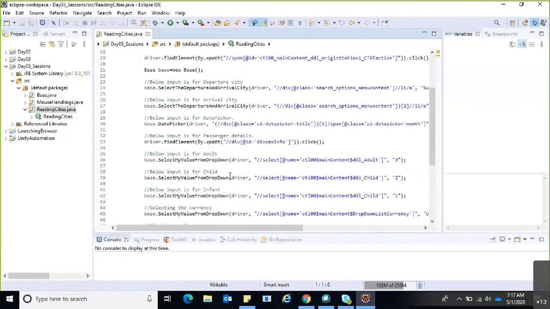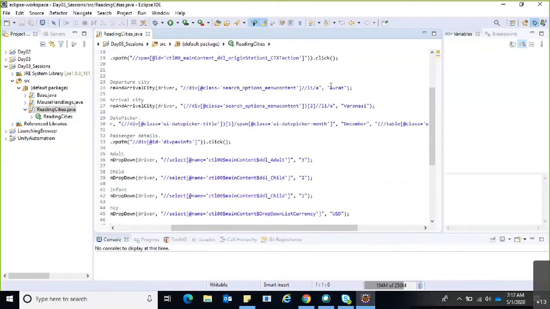Generally, in real time, we are not going to send the details like this. It is not a suggestible method to pass the details in the class file, because whenever we want to change the input, we need to come to the particular class file and change it here.